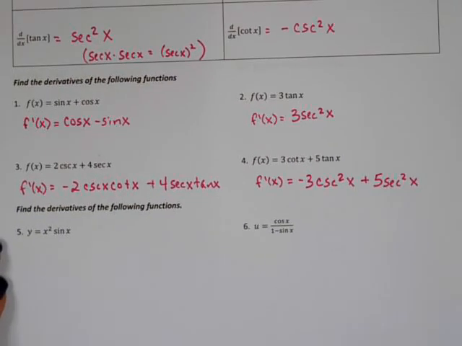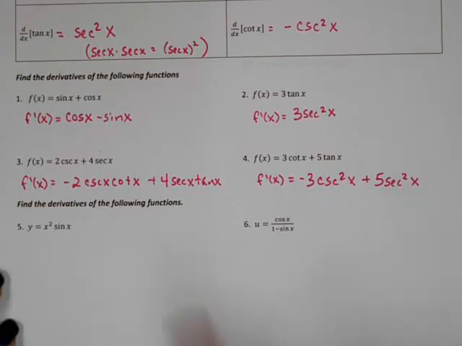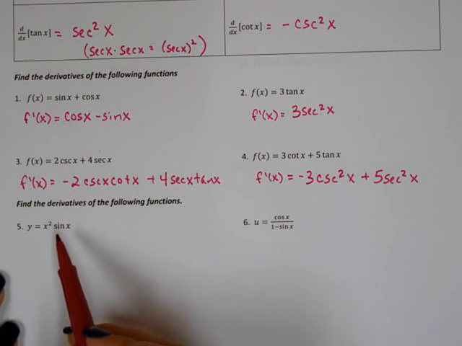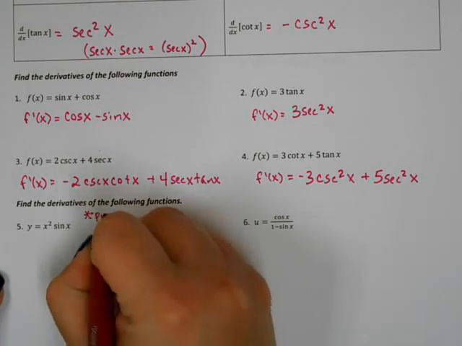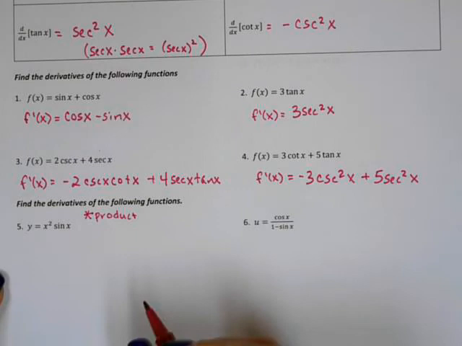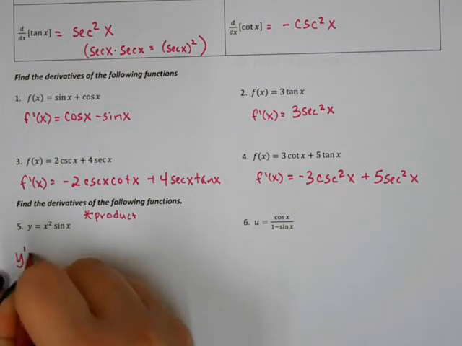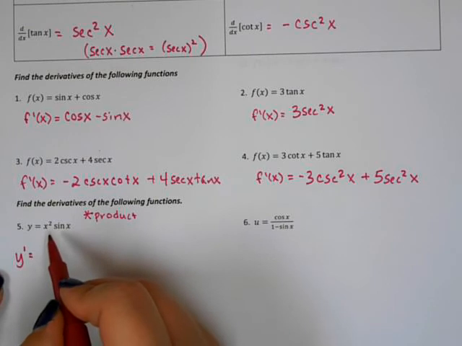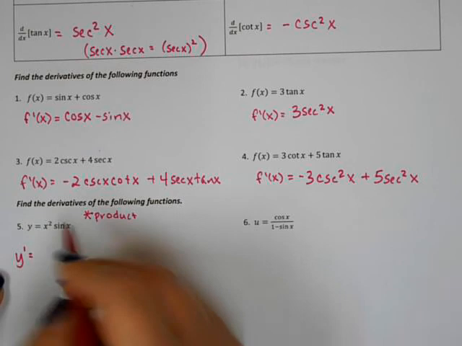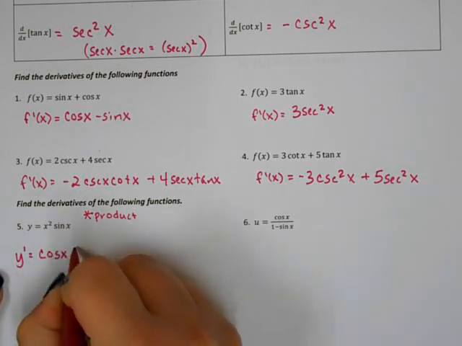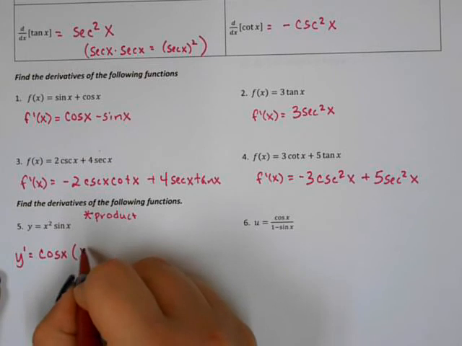Now we have to look at some that actually involve some more things. So product rule, quotient rule, that kind of thing. We're going to deal with chain rule on a different day. So when we look here, we've got x squared times the sine of x. So we know right here that this is going to require product rule. So if I'm going to do product rule, let's see, I get y prime equals, we're going to take the derivative of the second function. So the derivative of sine is cosine of x, and we're going to multiply by the first function, so x squared,